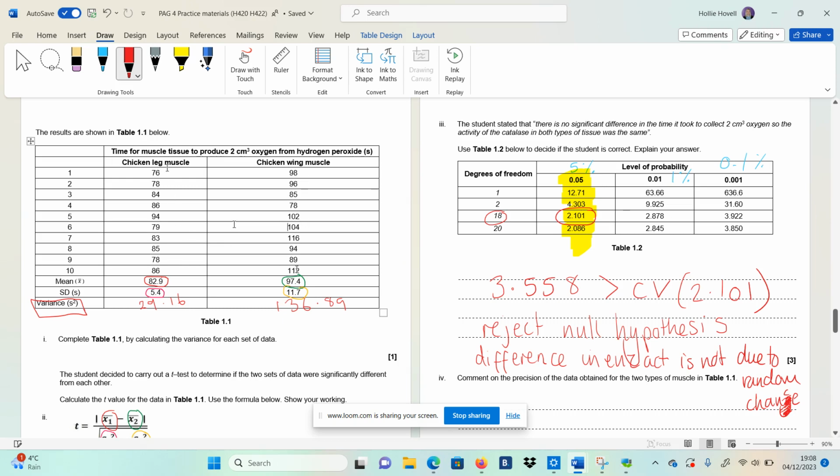So if we were to just look at the range from highest to lowest, on the leg, if we look for the lowest number, and we look for the highest number, whereas on here, if we look for the lowest, and then we look for the highest, this one has got more of a range, hasn't it? This one's got less of a range. So we'd say that the leg muscle